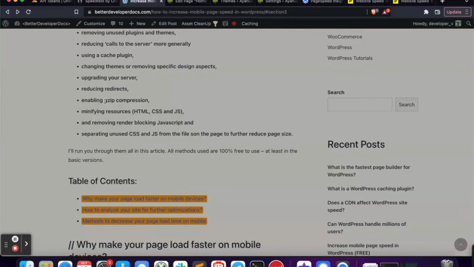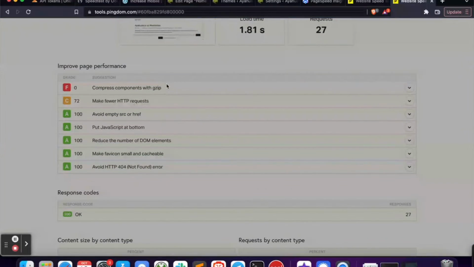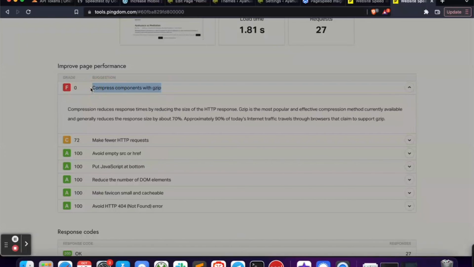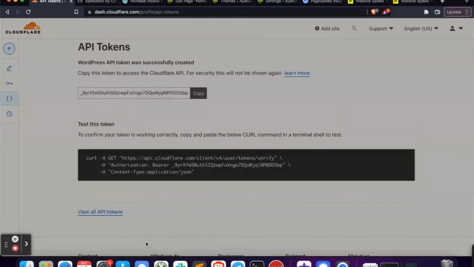The next thing is a few things that we've actually kind of covered. So enabling gzip compression, you'll see that as one of the things which Pingdom suggests, and you should do that. It's good, but when we add Cloudflare back on, it actually has a compression software as well. So we're just going to use that. But if you're not using Cloudflare for some reason, then you can actually do your own